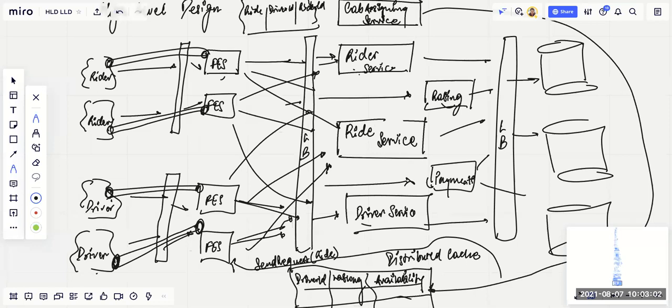But do you really need that? Do you really need to do multiple operations in the same transaction? Maybe not. So you need to figure out which things can be clubbed together, which can be separated out. That is the biggest challenge to figure out in the microservice architecture. Things which are kept together should actually be linked with each other, and the things which are separated out should be independent of each other.